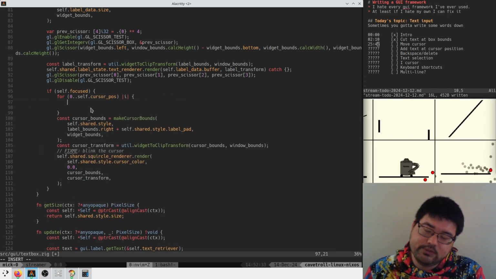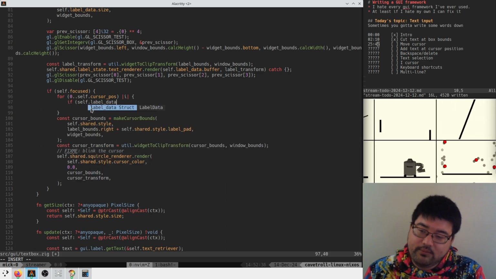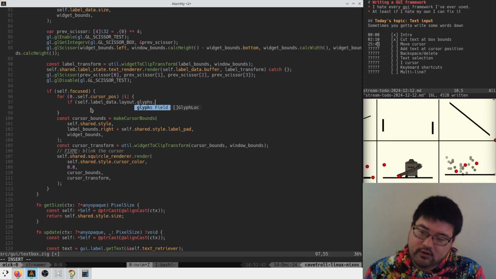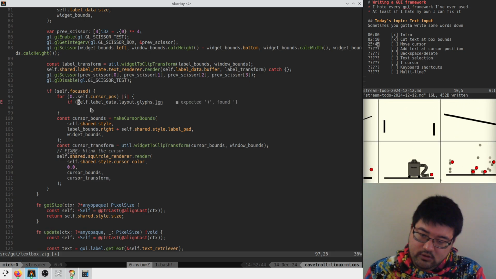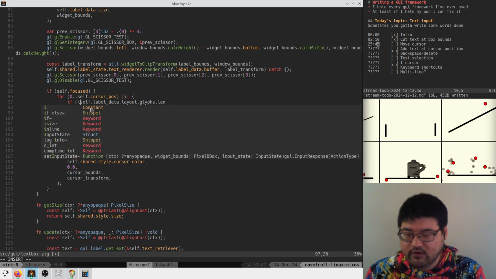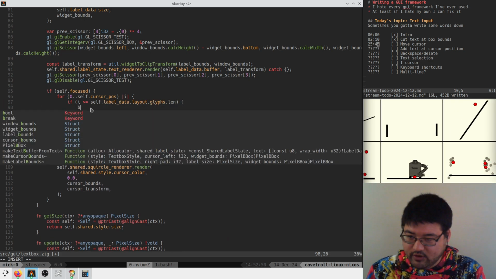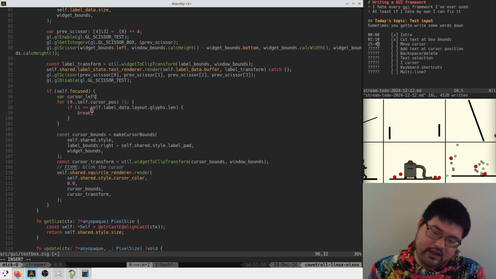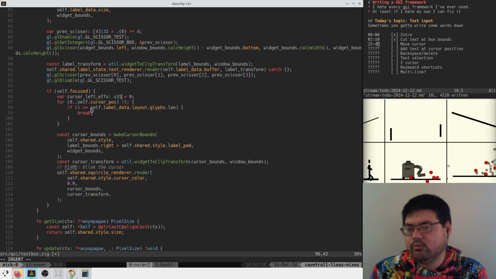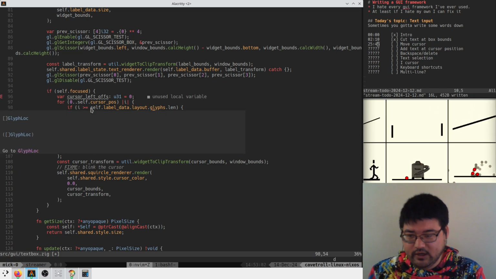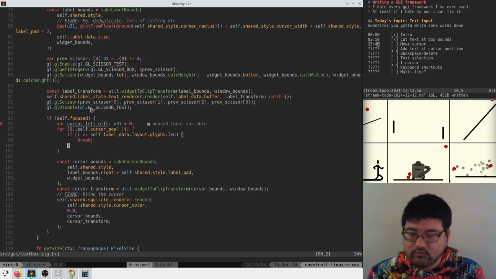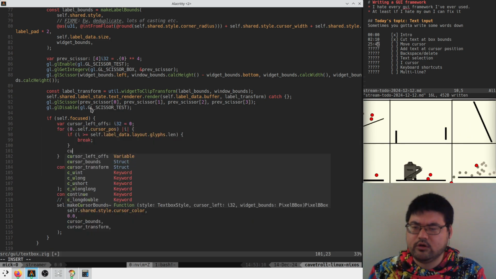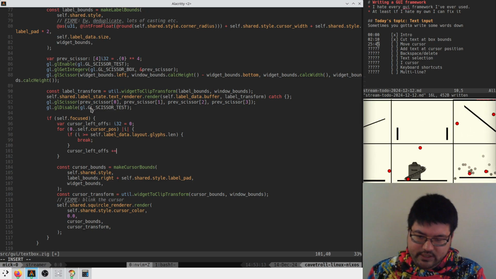Actually, we want to be like if the label data has glyphs at this position. If we've gone out of bounds, if i is greater than or equal to length, we break out of there. No more to do. But we want to say the cursor left offset is equal to 0, probably as a u31. What is my unit here? Yeah, i32s. i32 is fine here. And so here we just go cursor left offset plus equals the